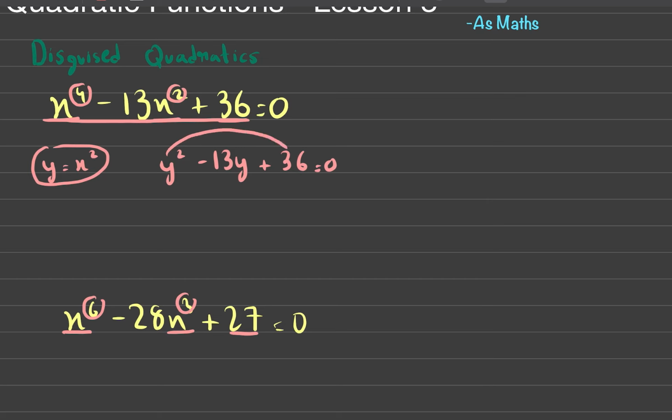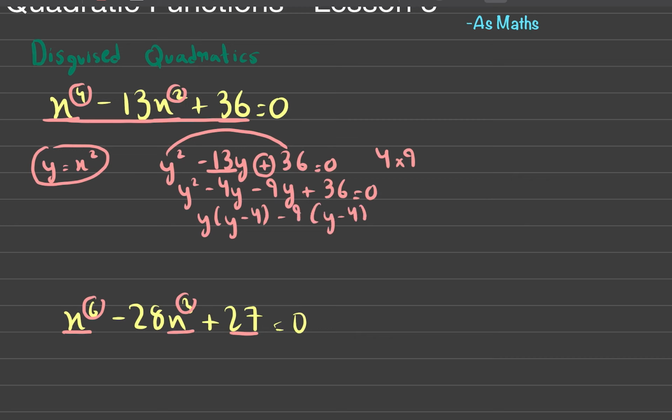Now, 1 into 36 becomes what? 36. What are the factors of 36 that add up to make minus 13? So 4 into 9. Let's use that. y squared minus 4y minus 9y plus 36 is equal to 0. Take y common, y minus 4. Take minus 9 common, y minus 4. So what's the answer of y? It's going to be y is equal to 4, and